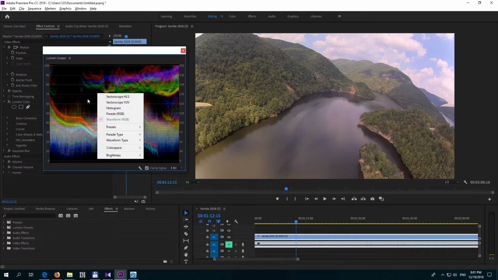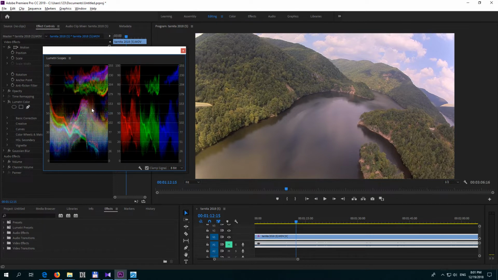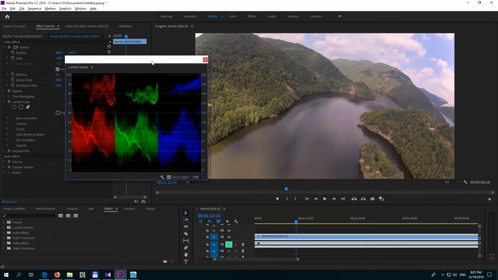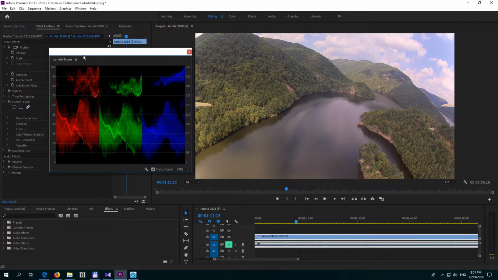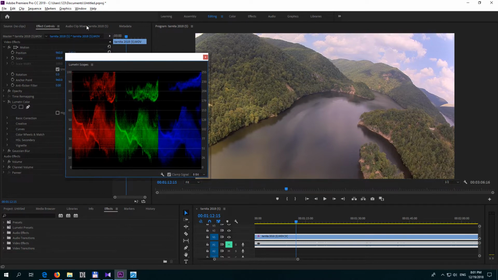You can right click on this one and select RGB parade. Okay, you can disable, let's see, the left one by unchecking the waveform. And that's about it. You can use this window, you can integrate it into one of these panels by dragging